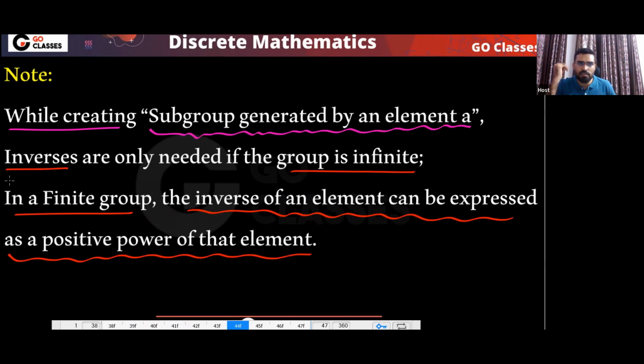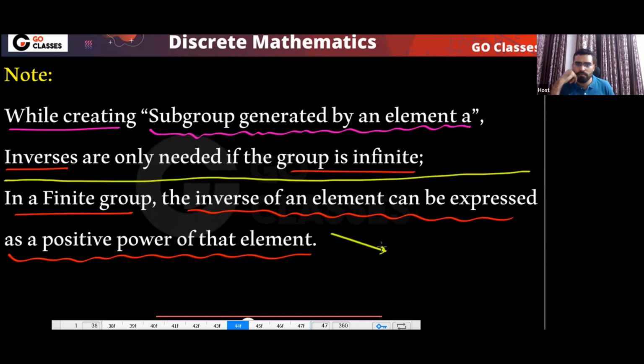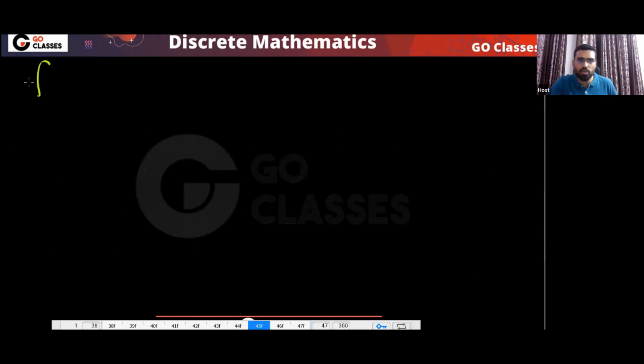Is this statement correct? This statement is correct, because if you have a finite group, remember,